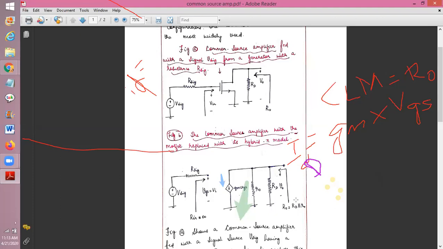Alternatively, if I apply KVL to this, you can make R naught parallel RD as one resistance, and you can make this the current that is flowing from drain to source. Since the current flowing is in the downward direction, we define it as minus GM into VGS. So if I apply KVL here, I will get minus GM into VGS into R naught parallel RD. So instead of applying KVL